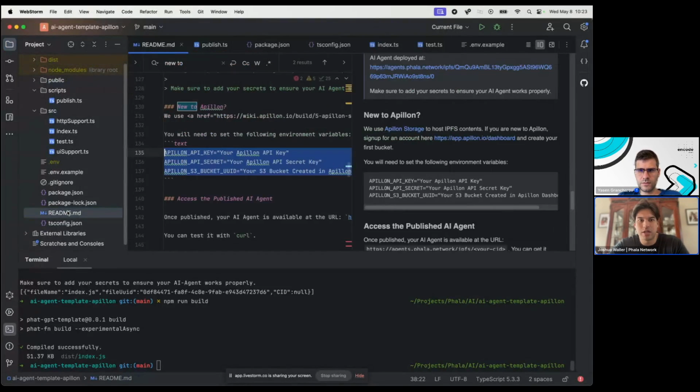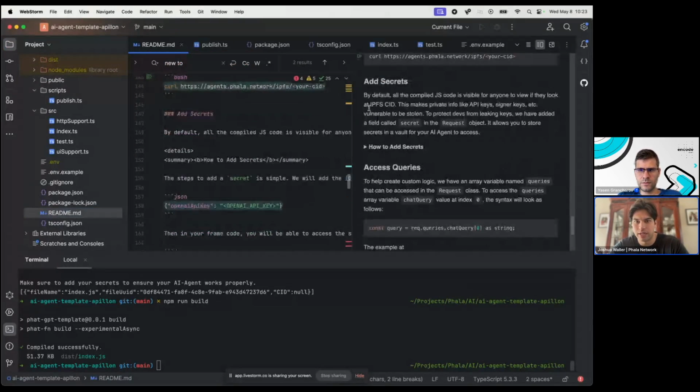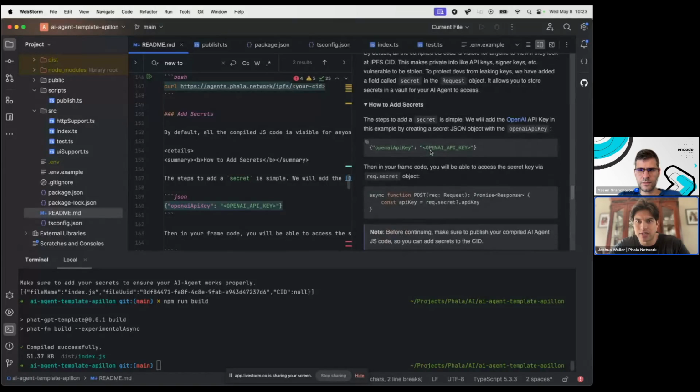So in the README here, I put all the information, including how to add secrets in this case,